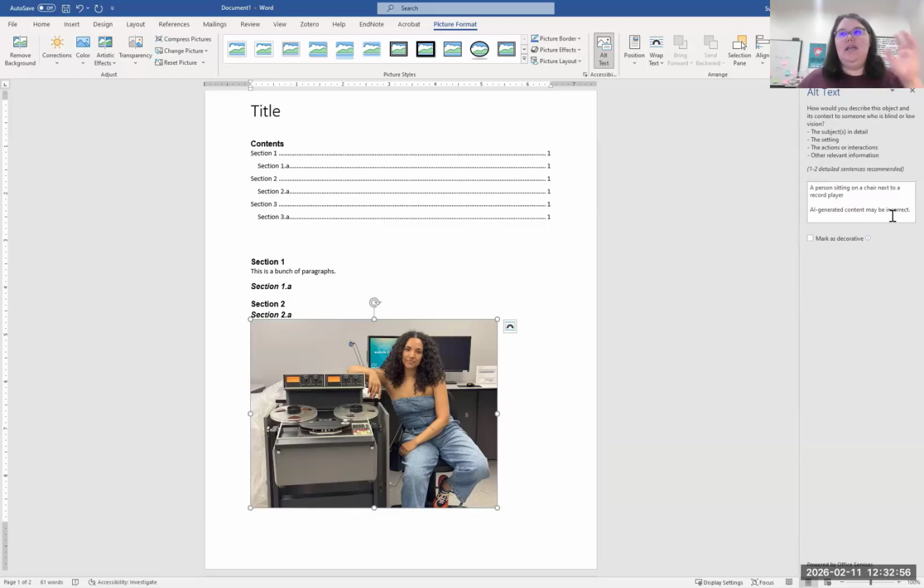So again, it gives you the caveat that AI generated content might be incorrect. Of course it is. So you can try it, but more than likely, we're going to say something like young Black, or Egypt Otis, for example, because we should name her. Remember that kind of example of Martin Luther King Jr. here. So Egypt Otis